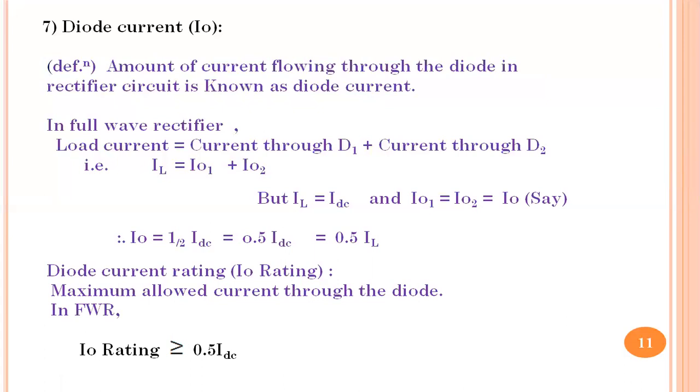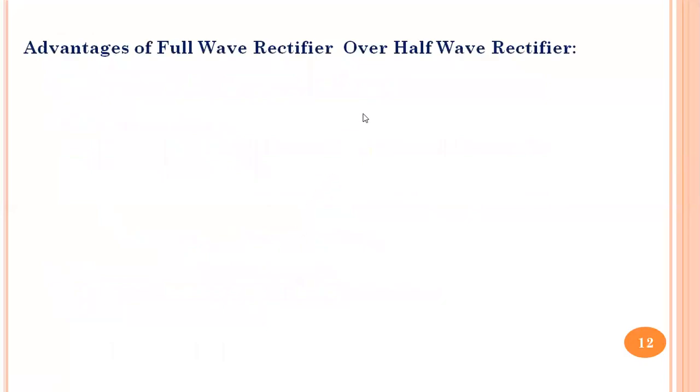So while designing the circuit, while constructing the circuit, we must select a diode for our circuit. If the DC current is known to us, half of the DC current we can find out. More than that value should be the diode current rating of the diode we are going to use in the circuit. Otherwise, the diode will get damaged. So that is all about the various parameters of the full wave rectifier. In our next session, we'll see the next part.